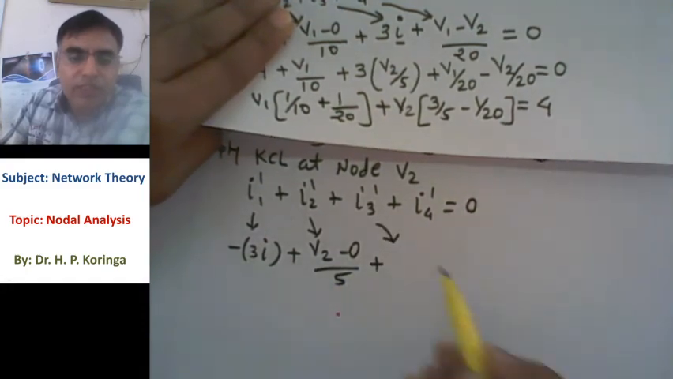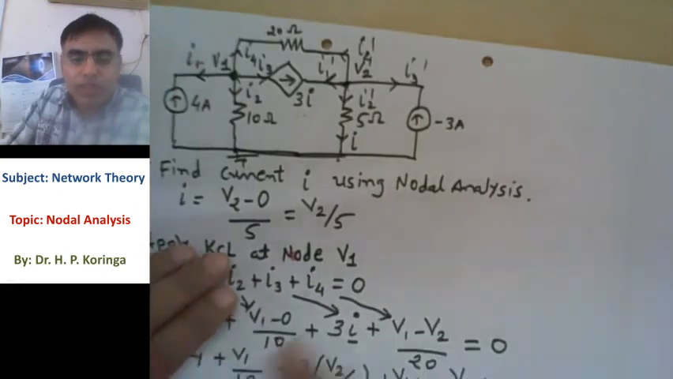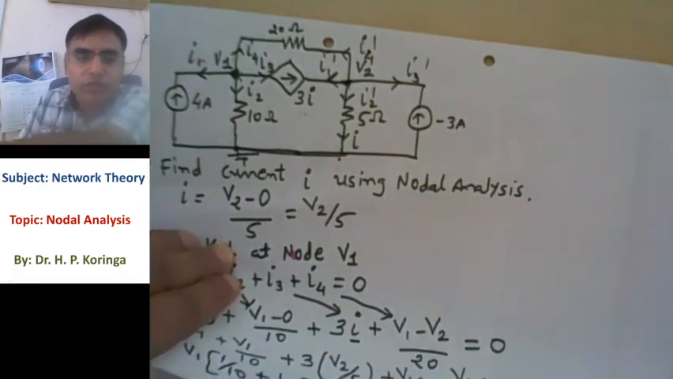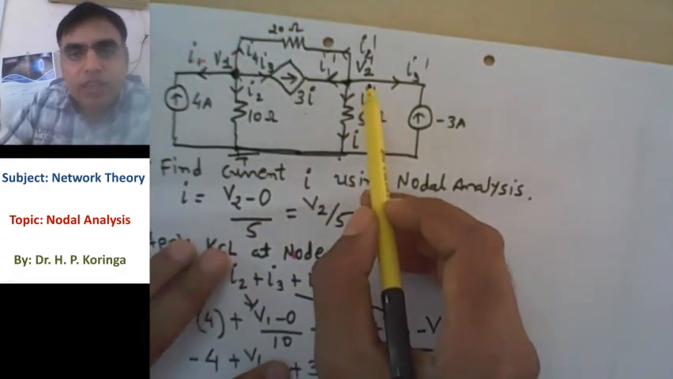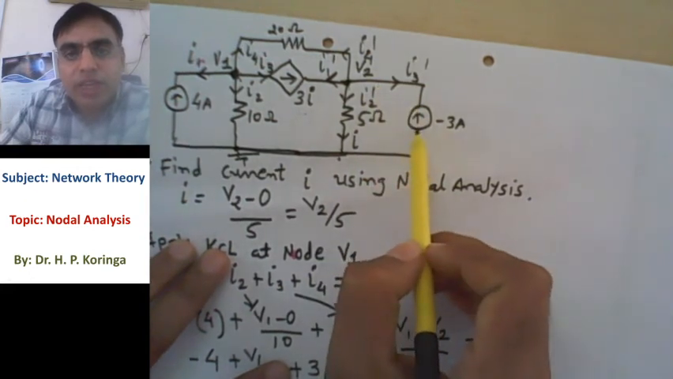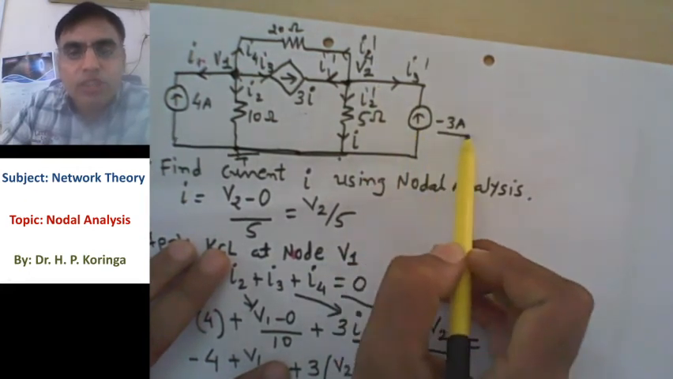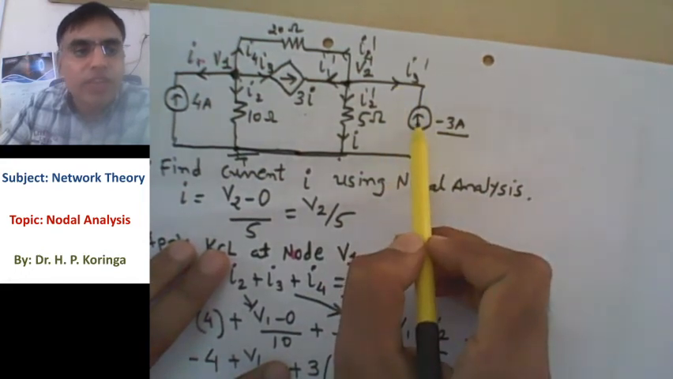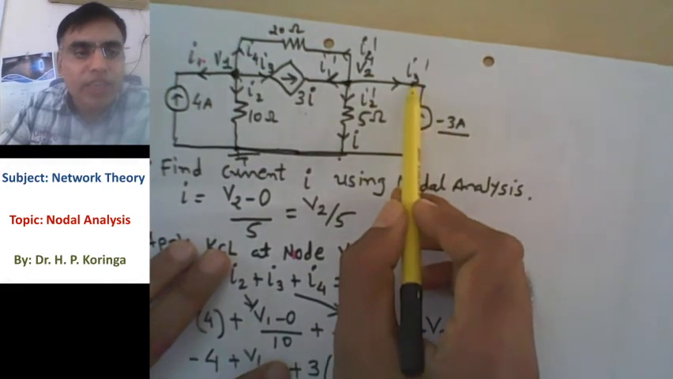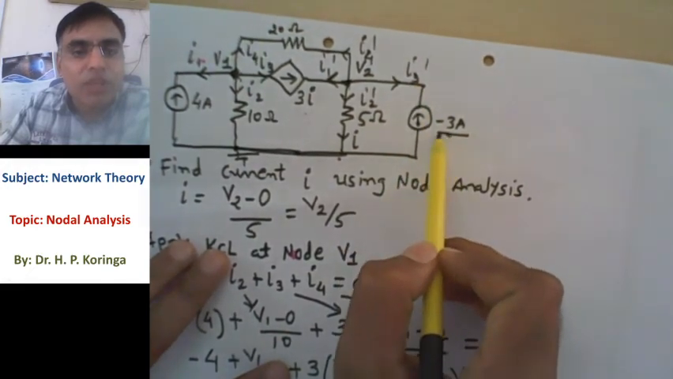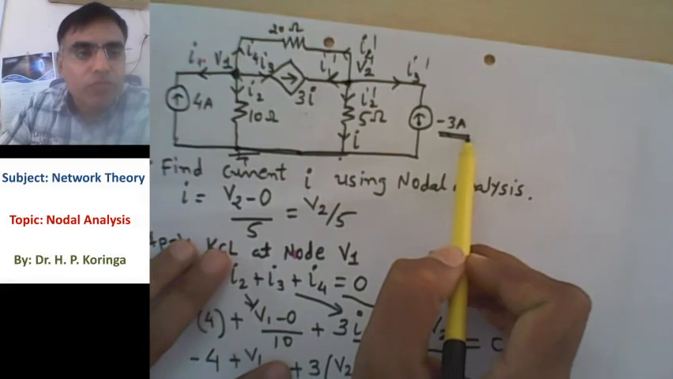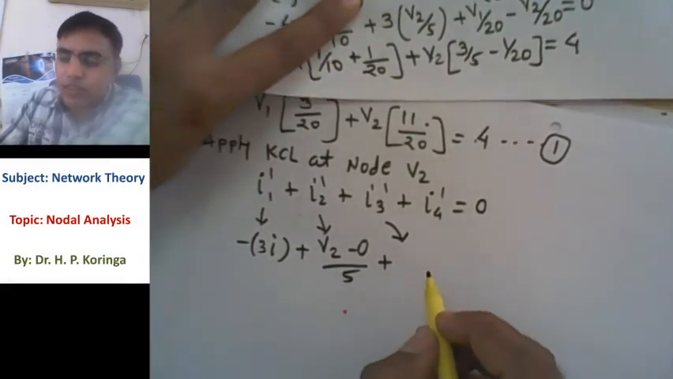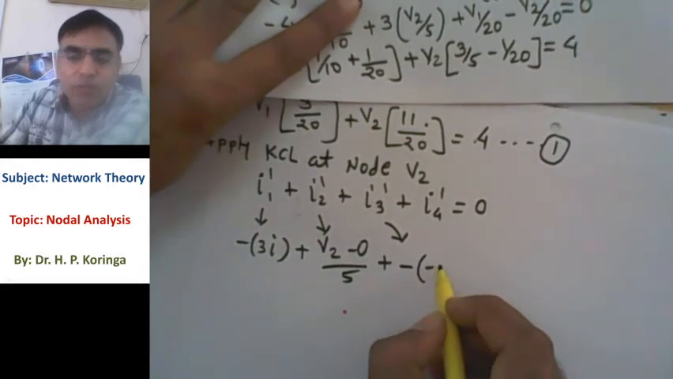plus I3 dash. I3 dash is the current passing in this branch where a current source is connected, and the I3 dash direction and current source direction is opposite. So the value of I3 dash is a negative of the current source value, negative of minus 3. So I3 dash is a negative of minus 3,